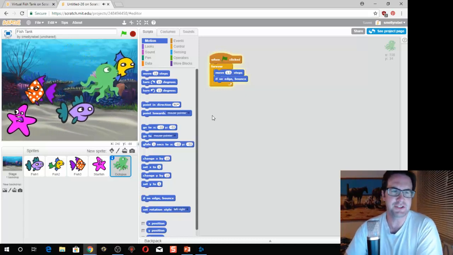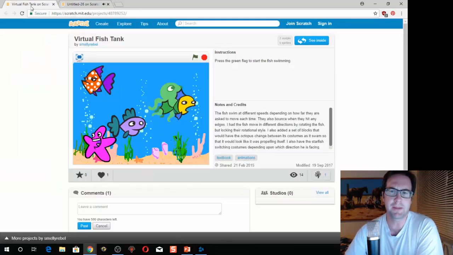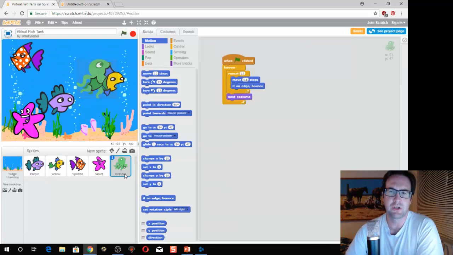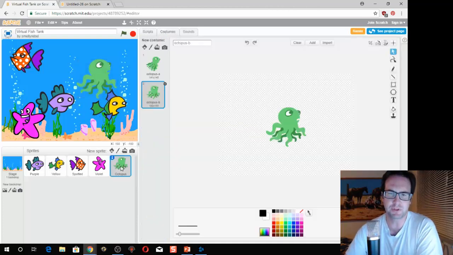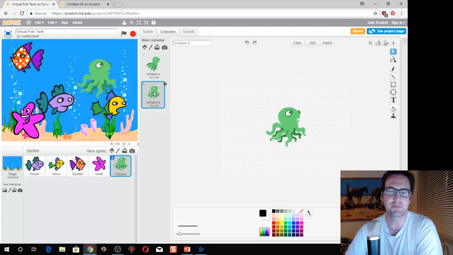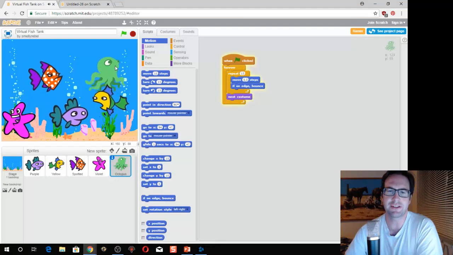Now, this is the basic play here. I want to show you in the other one that I made a couple additional things I added to it. So for the octopus, the octopus has these 2 costumes. Oops, let's go to the octopus. So that when he switches between these costumes, it sort of looks like he's propelling himself through the water. So I added that he's going to move and then switch the costume so that you sort of get this